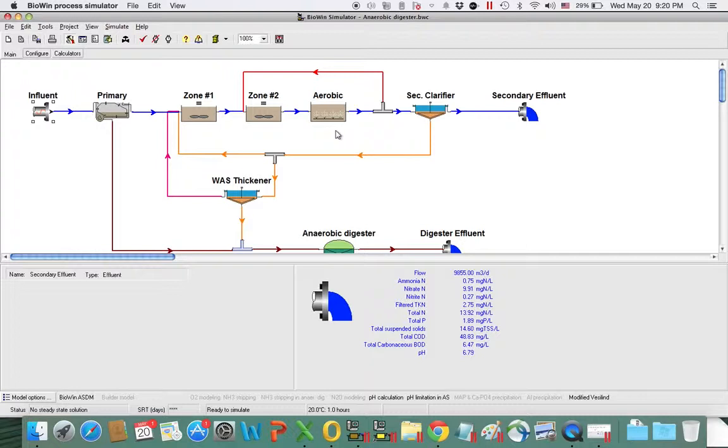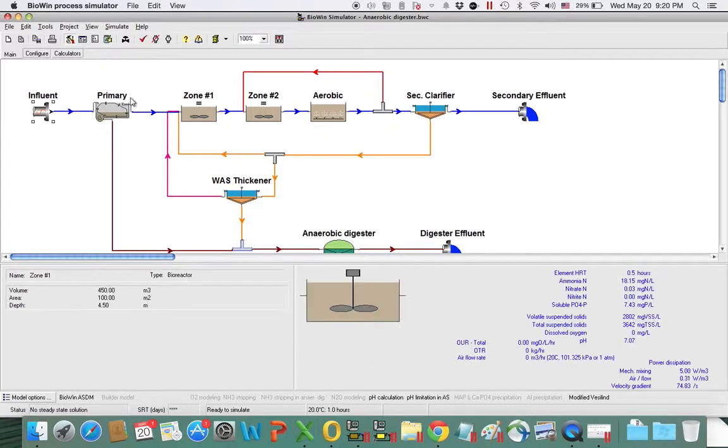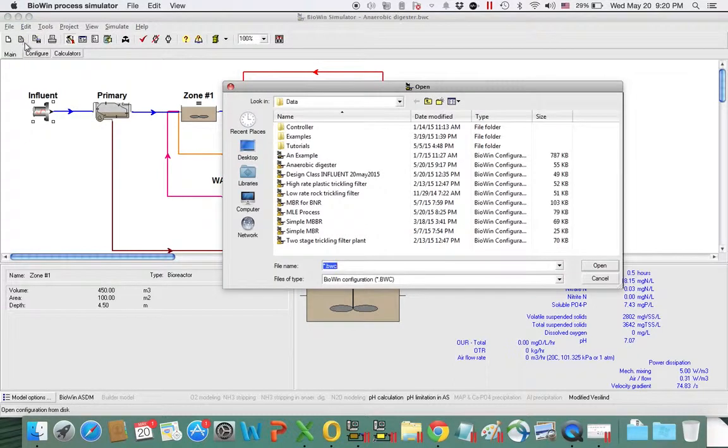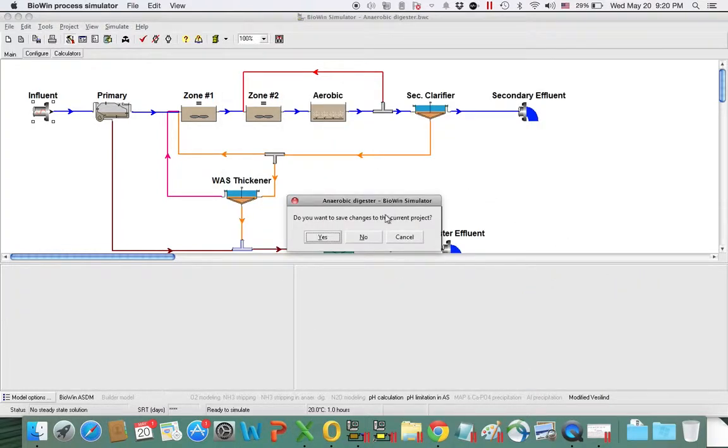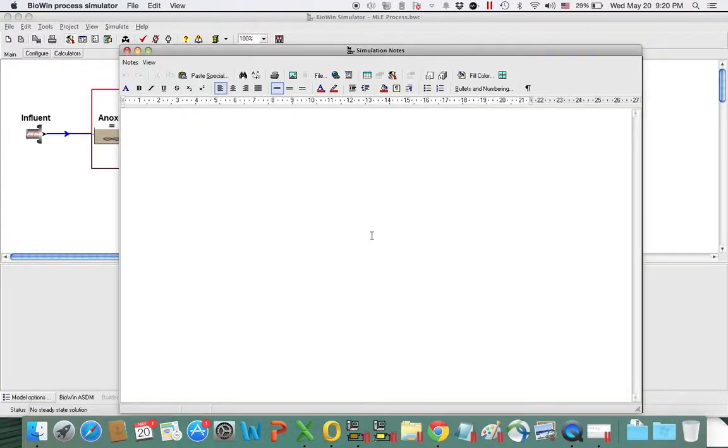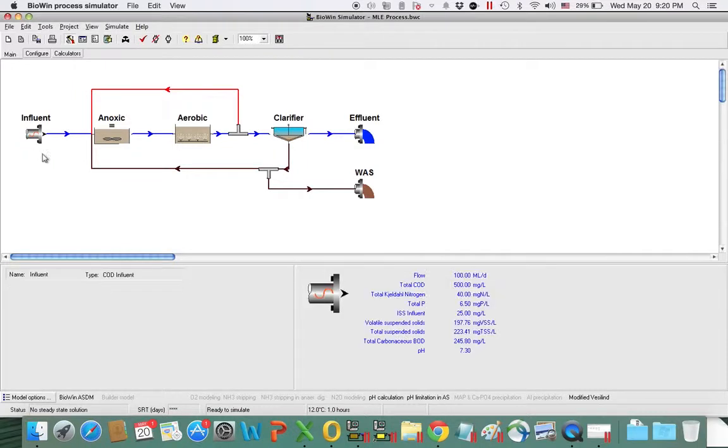manipulate them, and do calculations that Excel allows me to do. So what I'm going to show you, opening again that layout of the MLE process, is how to do that. So I'm opening that layout. I'm not going to save changes to this large plant with digester,